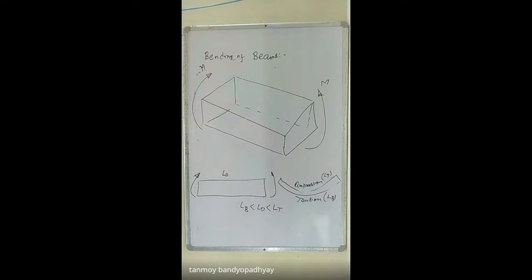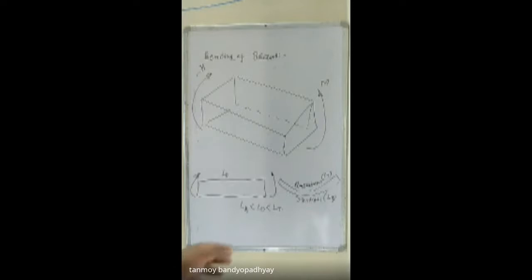So this is just a basic thing. How is bending? What is bending? Bending is something where you apply opposite couples, and what happens is the fibers on the top of the beam or the belt or anything that you are trying to bend will be under compression and they will try to sag. And the bottom side, since they will be in tension, they will try to tear apart. So they will be under tension.